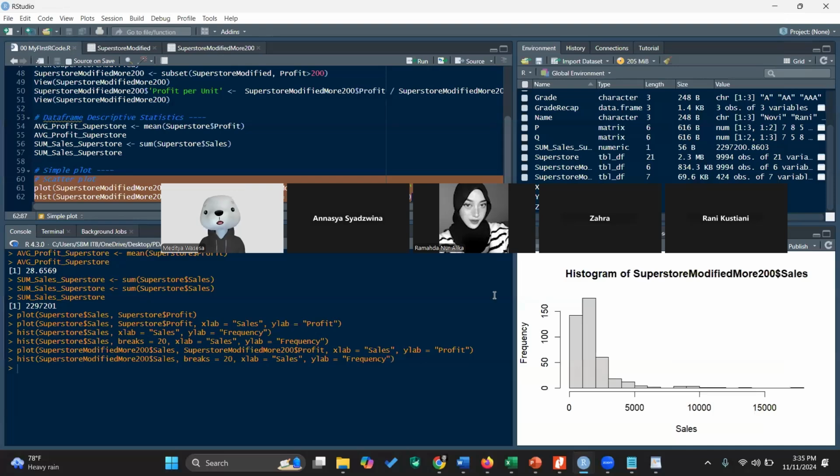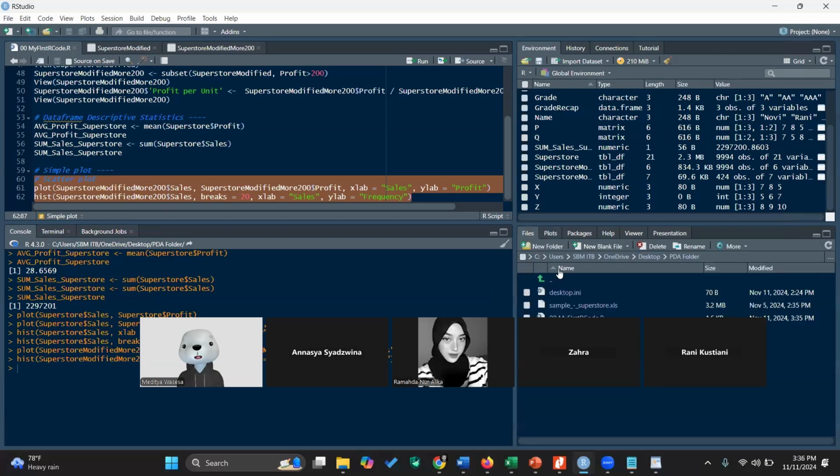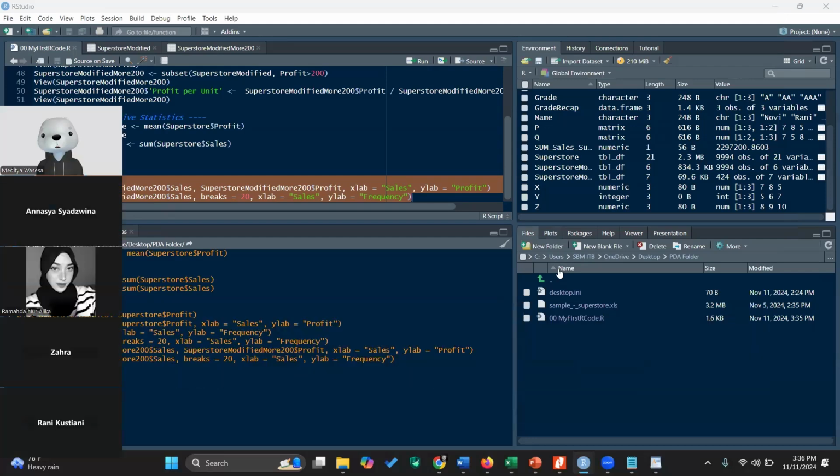As soon as you save it, if you go to the files tab, you can see my first code R. For example, you want to also save the memory. You can also do that. You just save the workspace, we call it.